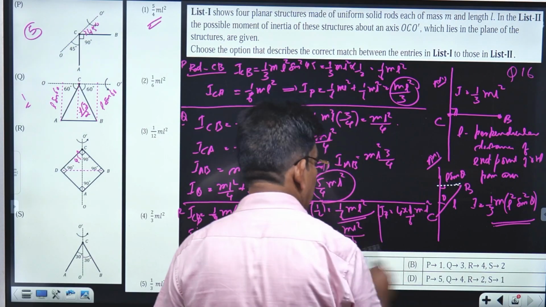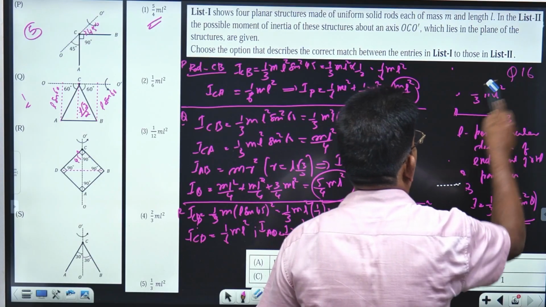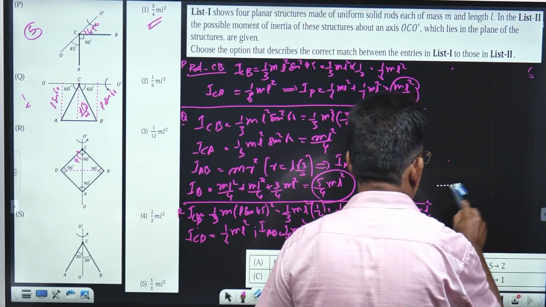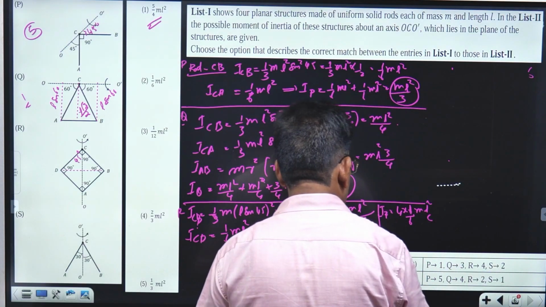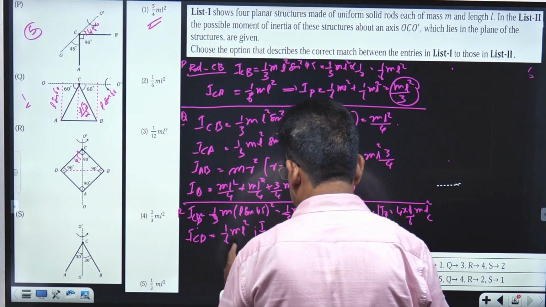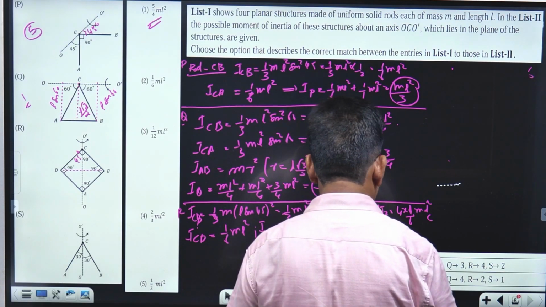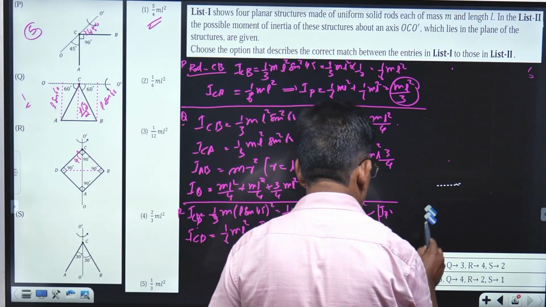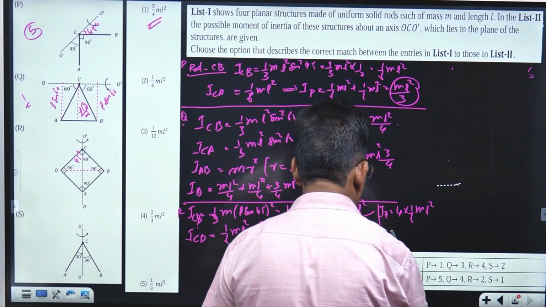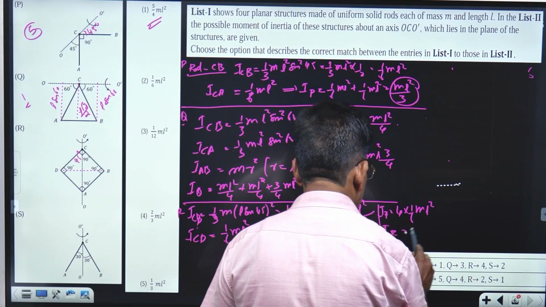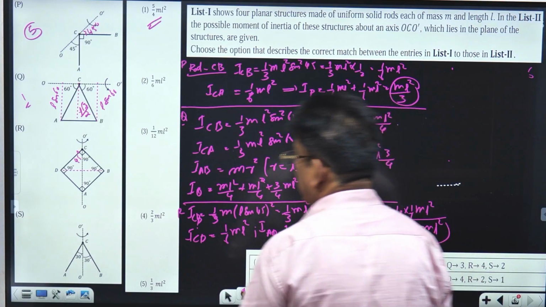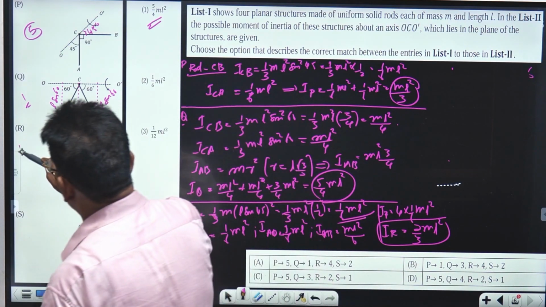So, I'm rubbing this off. We explained it, so no need of further explanation. Now tell me, what will be the total moment of inertia for this geometrical figure? ICB, then ICD, IAD, IAB, all are m L square by 6. Total will be, I write once again, listen, 4 into 1 by 6 into m L square. That comes to be IR is equal to 2 by 3 m L squared. Let us search. The answer is there. Yes, it is very much there. R matches with 4.